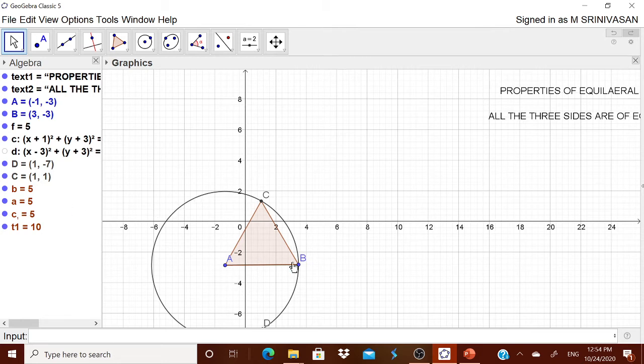You can see this is a circle. Therefore, it comes under this C and D circle equation, X plus 1 whole square plus Y plus 3 whole square. Therefore, make it white. It goes. I don't want this point D also. Therefore, I am also clicking it. Well, now you come back to geometry.